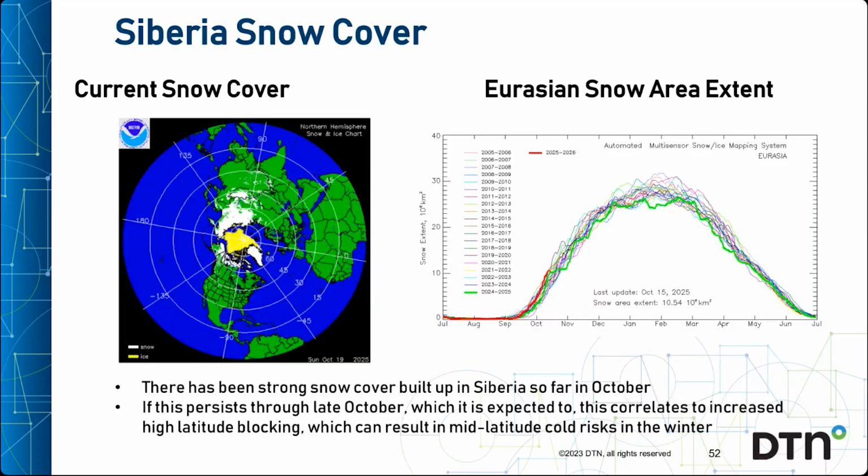Siberian snow cover is something else to consider. If there's a quick build-up of snow in October across Siberia or Eurasia in general, as there has been this year, it can lead to colder air masses and high pressure blocking. This can also disrupt the polar vortex as strong high pressure sends more energy up into the stratosphere and knocks at the polar vortex. Increased snowfall is expected in that area into November, so it could be primed.